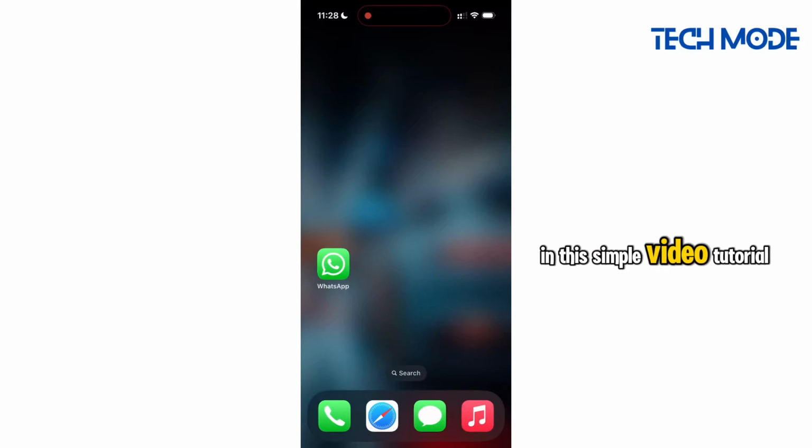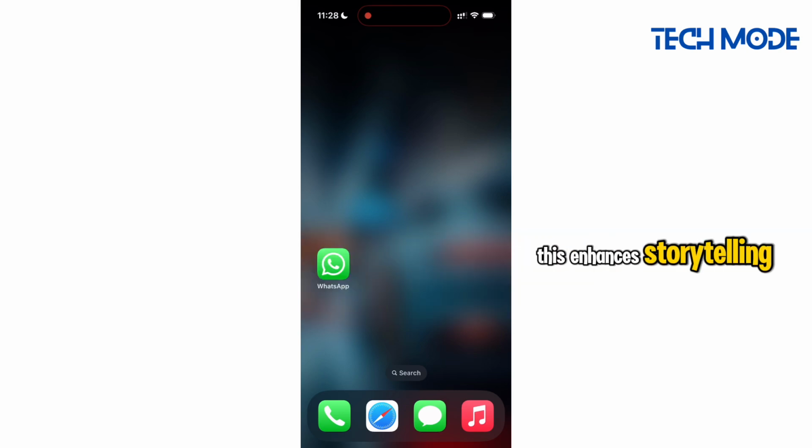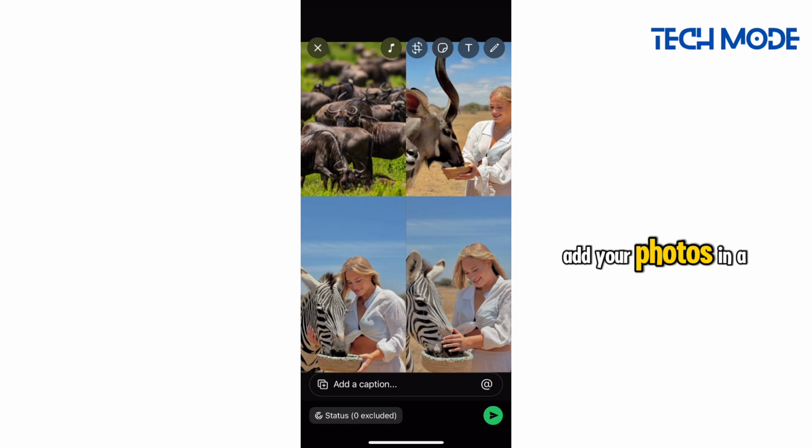In this simple video tutorial, I'm going to share with you how to add multiple photos on WhatsApp status. This enhances storytelling by allowing you to share moments in a sequence. Now, if you want to add your photos in a grid just like so, the easiest way is to simply